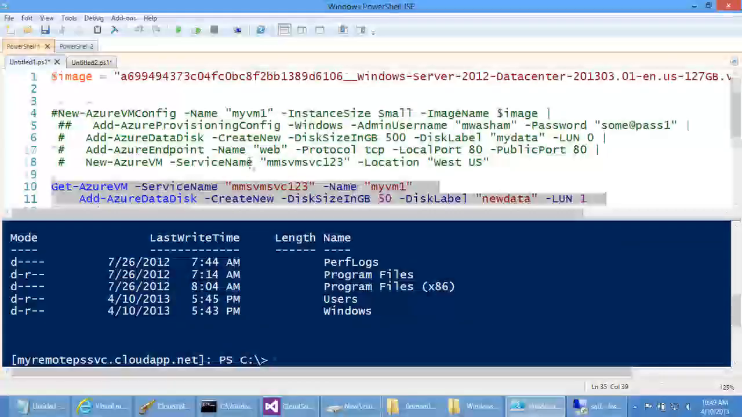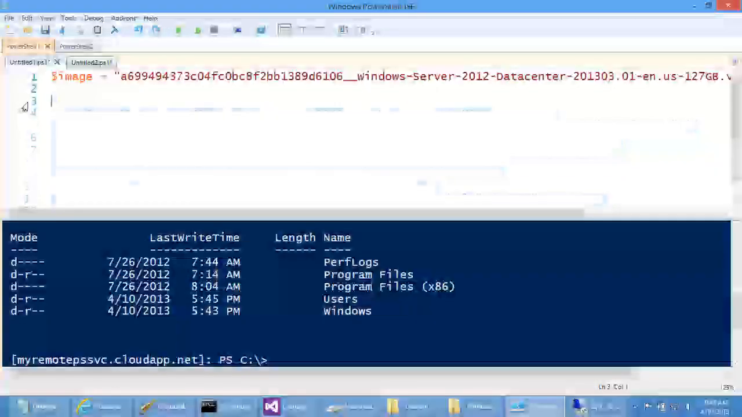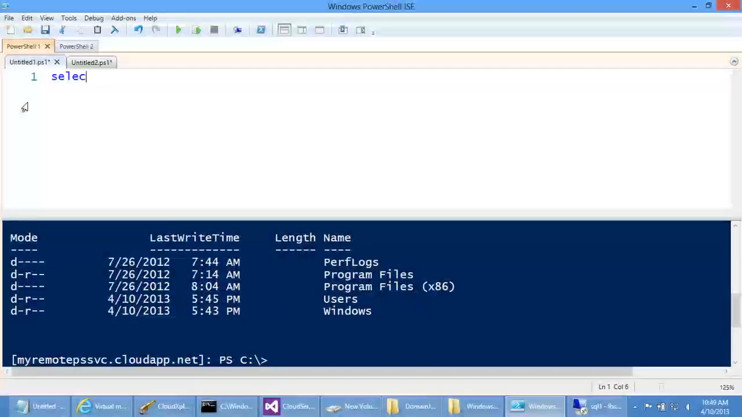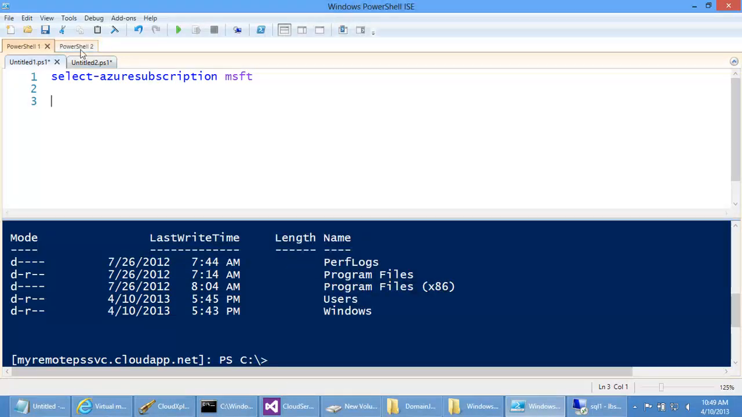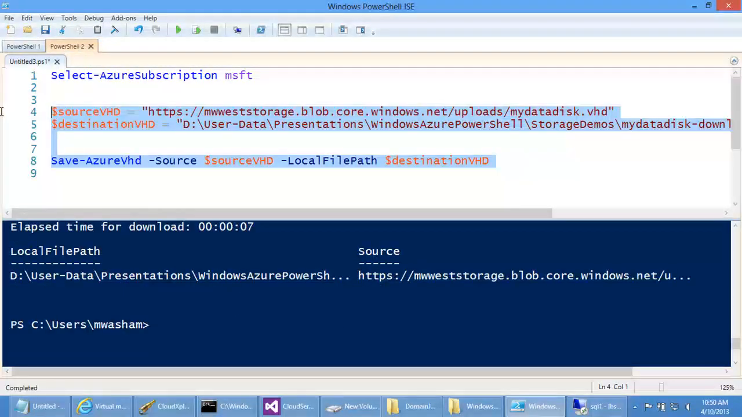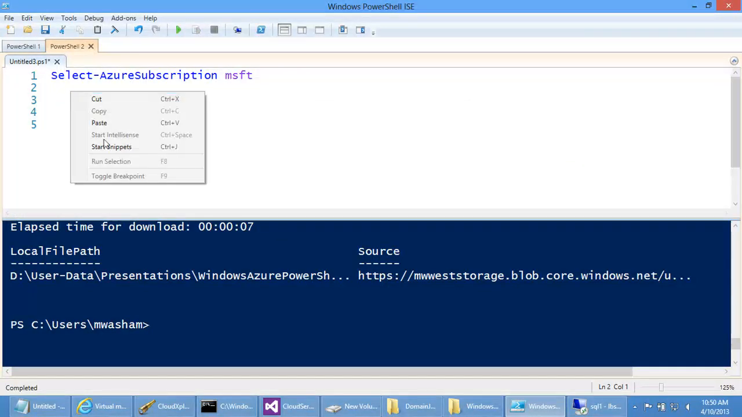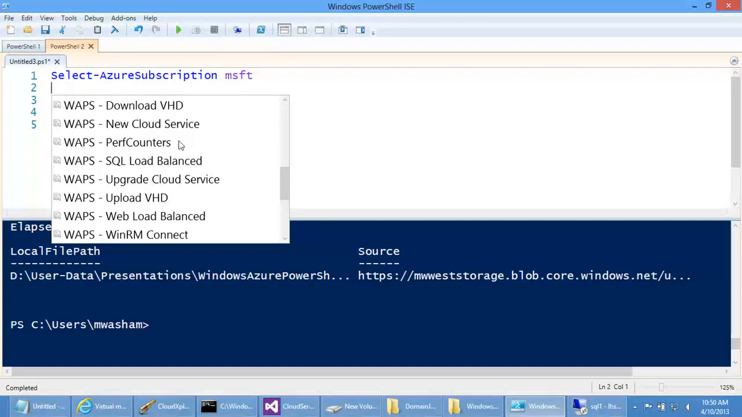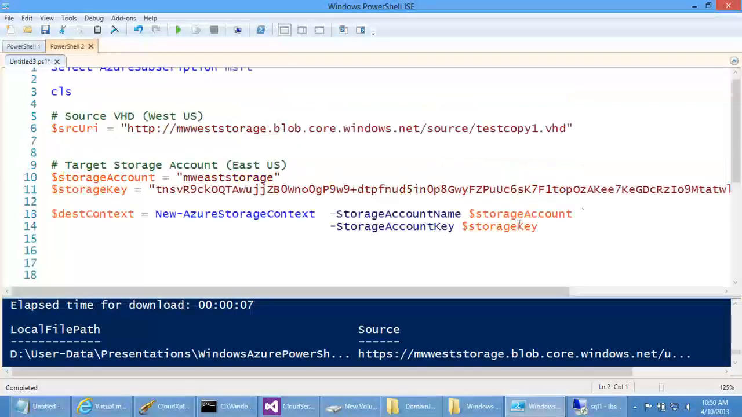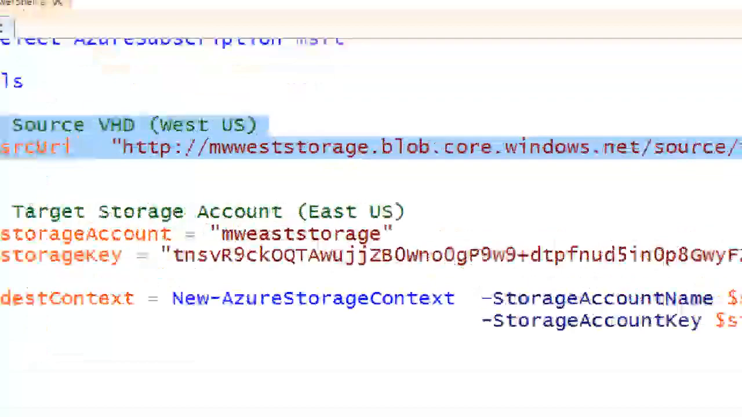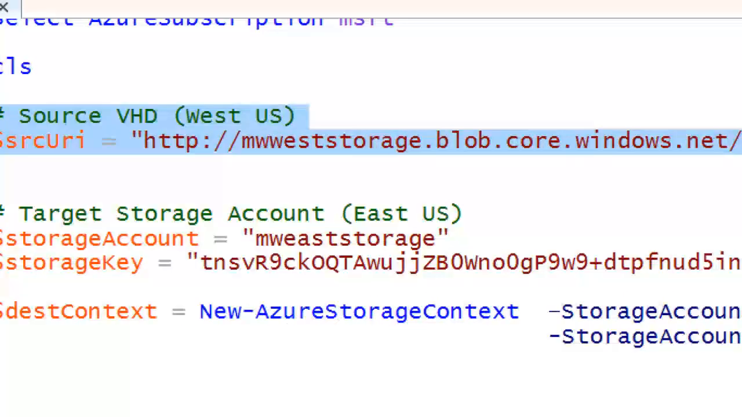So I'll get rid of this code. Actually, that is on a remote session, so I need to remember not to use that. So to set this up, it takes a little bit more work. First off, you have to know the source URL. So if you can see this, then this VHD is actually on the West Coast. It's in